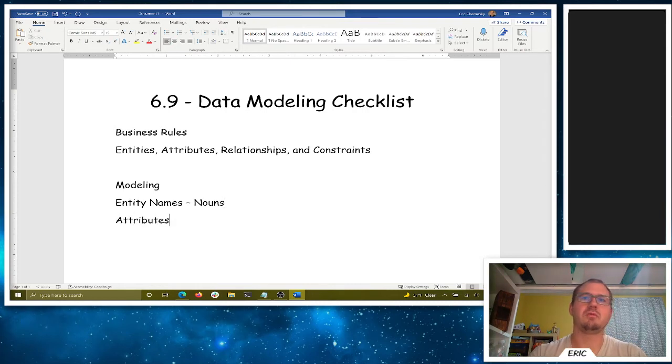Again, we want nice, unique names here. I'm not a fan of the entity as a prefix. The book says go for it. Again, just whatever organization you end up at, follow their convention for it. But you want descriptive names here. So you need to know what the attribute represents. And